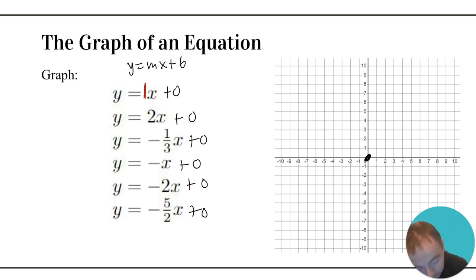So this equation right here is going to be the equation for y equals x then. Okay. And then for the second one that'll have an orange right there, it's y equals 2x. So you would just need to make sure that you go up 2 and over 1 like this. And so this orange equation with a positive slope would be what y equals 2x is going to end up